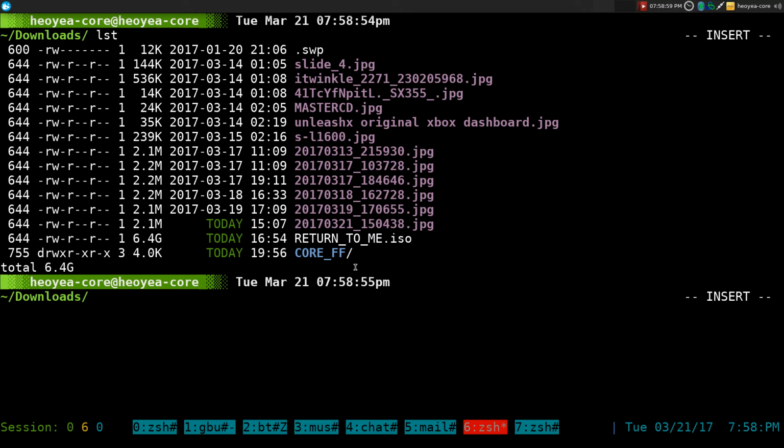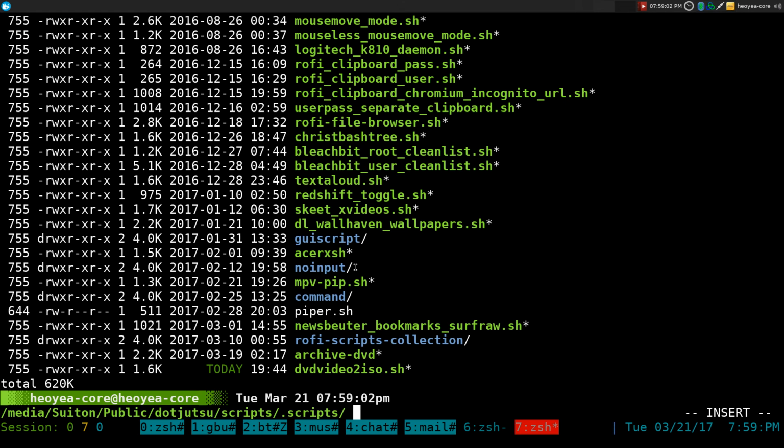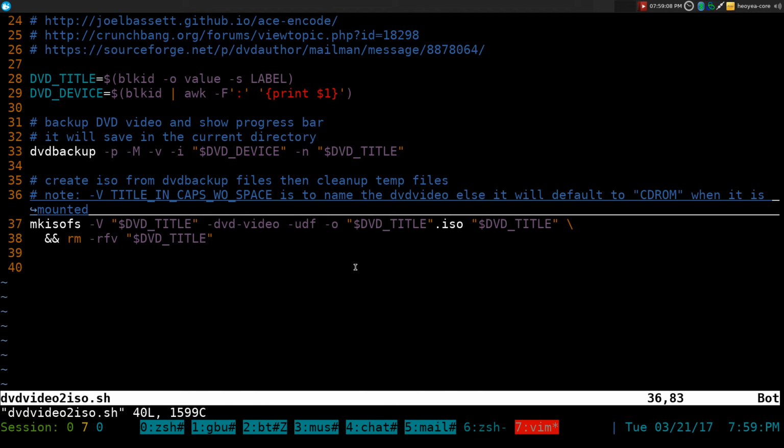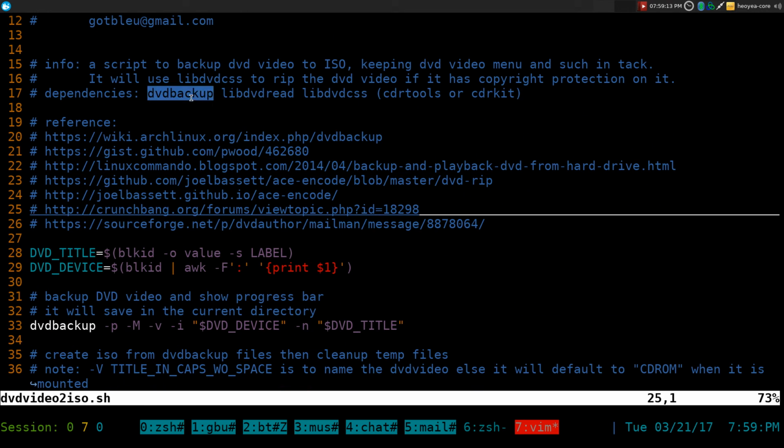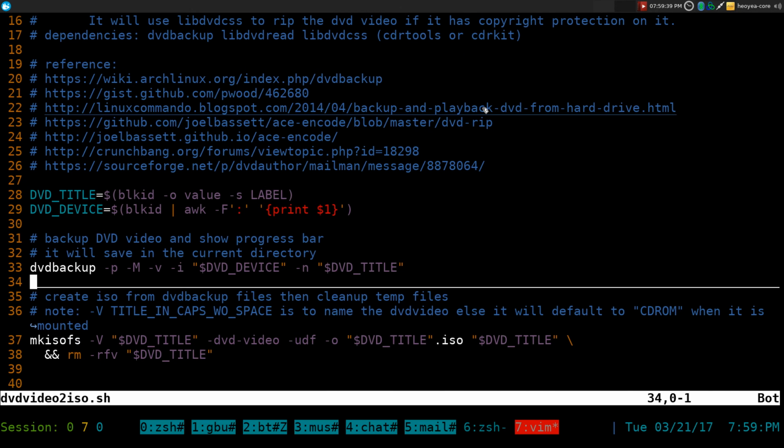Anything else? Oh, let me explain the script here. Script's pretty easy. Like I said, I'll show you the dependencies here. You need the DVD backup, the libdvdread, because that one is used to read the DVDs. And if you have copyright protection and stuff like that, you need the libdvdcss. And you also need cdrtools if you're on Arch. If you're on another distribution, that might be called cdrkit. And that one is required because it has this program called